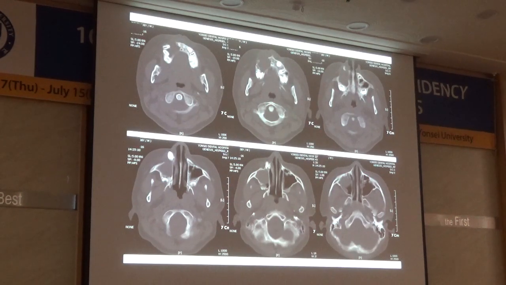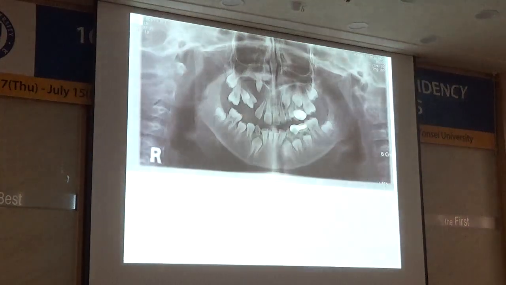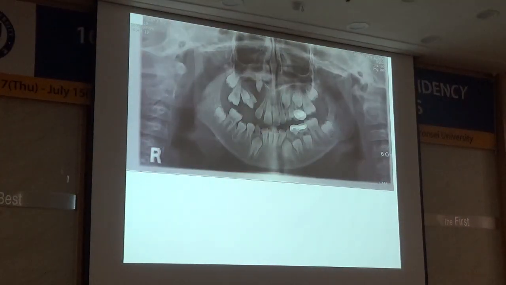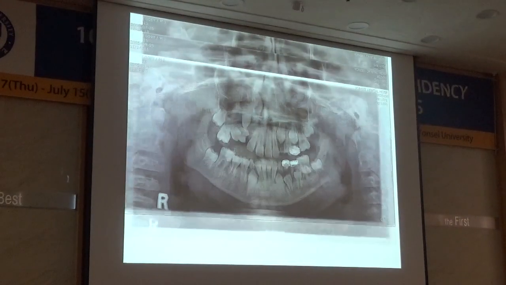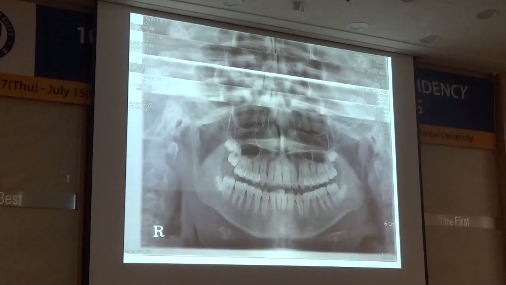So what I did was make a very small hole, the exit for the cystic cavity fluid, and then I did the follow-up. You can see the change of this infected tooth. The infected tooth erupted, and then we did the orthodontic treatment, and the final result is like this.